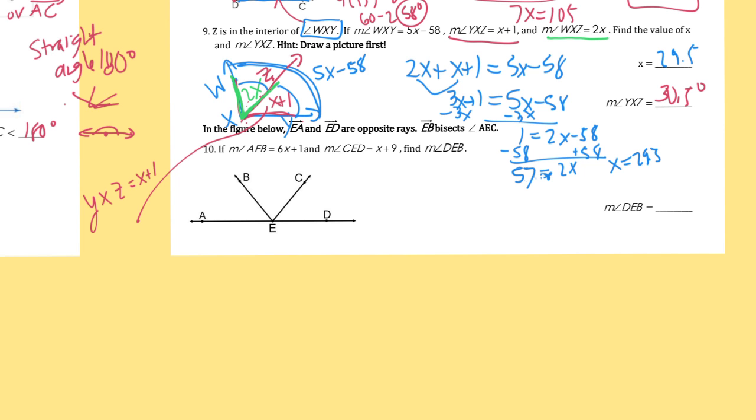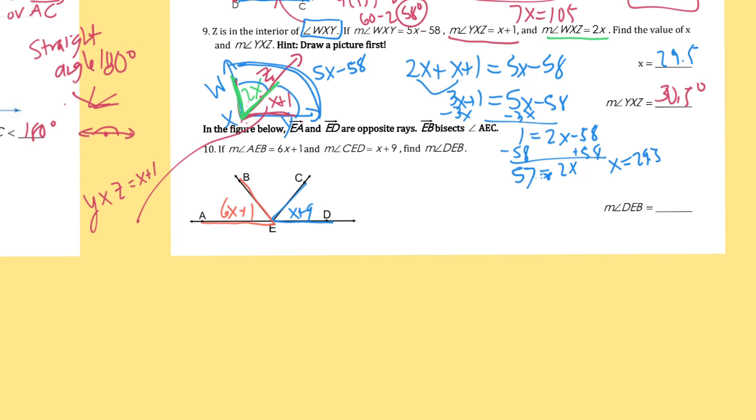If you've got the measure of AEB, so where's AEB? AEB is going to be 6x plus 1. So the angle formed by AEB, E is going to be the vertex, is 6x plus 1, and then CED, that's over here, CED is going to be x plus 9. And then they say that DEB, DEB,